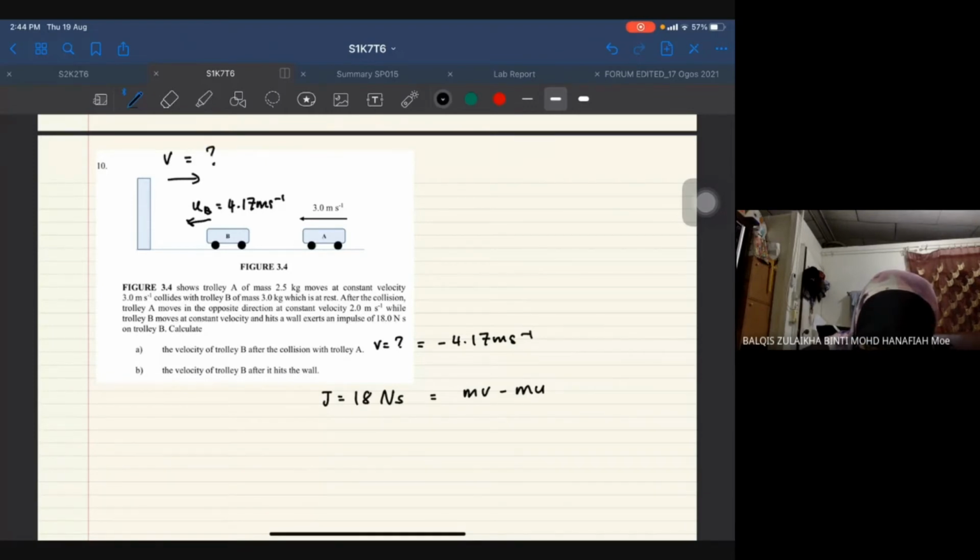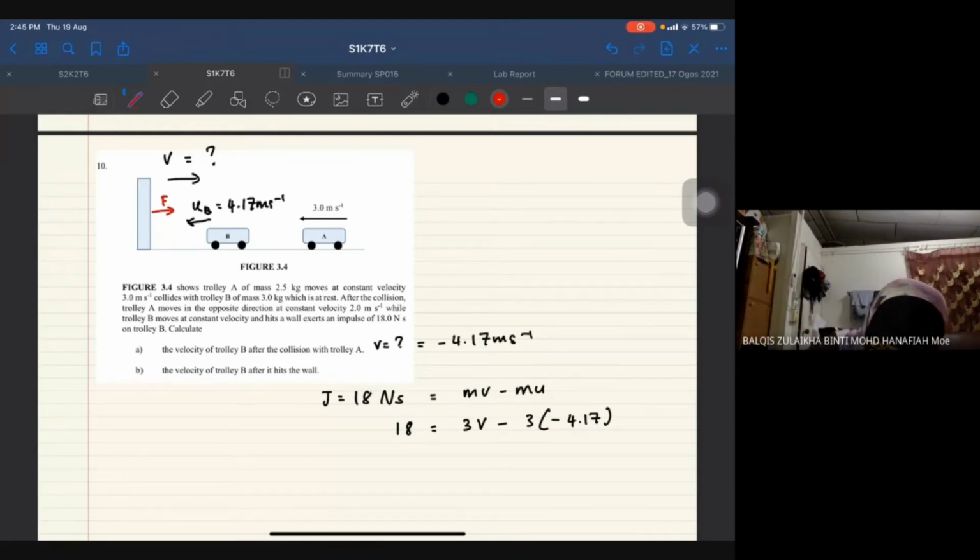Okay, so you can use this formula. So 3, we want to find V. 3, the U you should put negative, because this one is going to the left. And J is positive because J is to the right. So if it hits the surface, you expect the force to be in this direction. So force is positive. So if you do that,